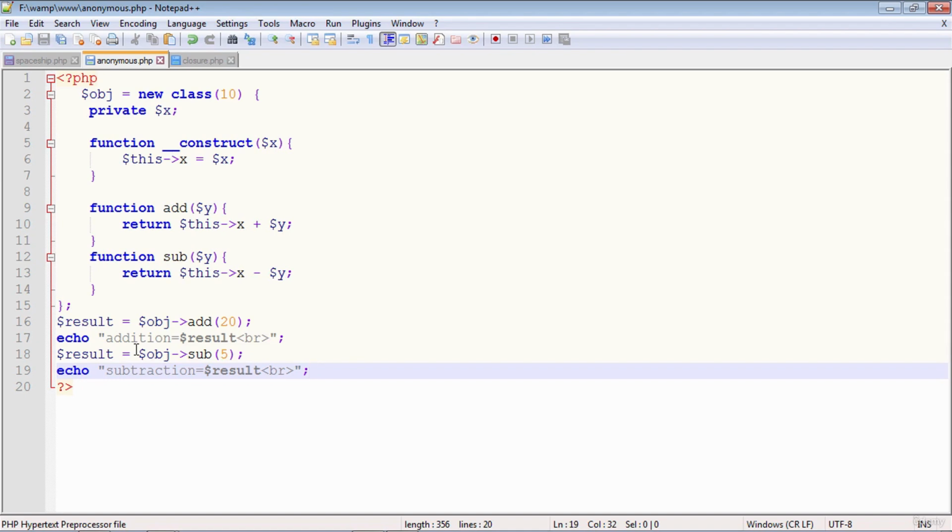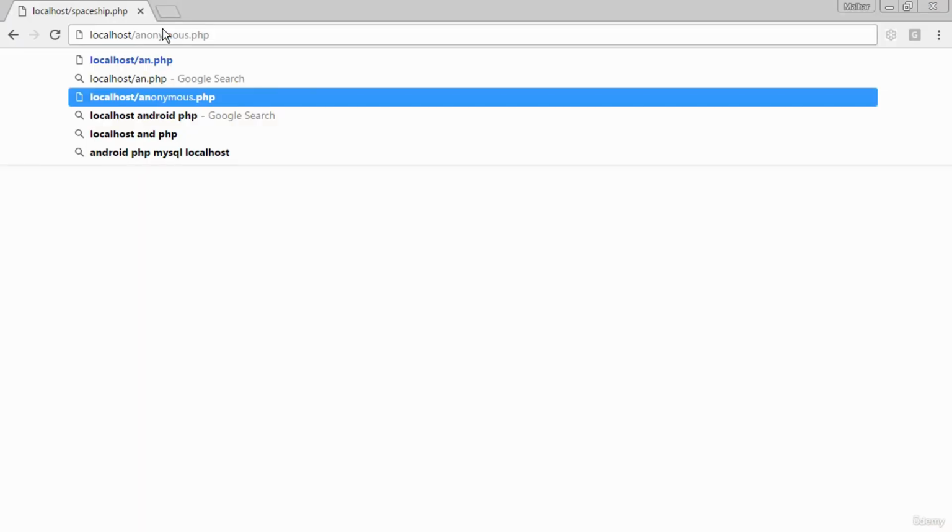So let us run this and see the result. This is the URL anonymous.php in my browser. The result is addition equal to 30, subtraction equal to 5. The first result is the call to the inner function add inside the anonymous class,